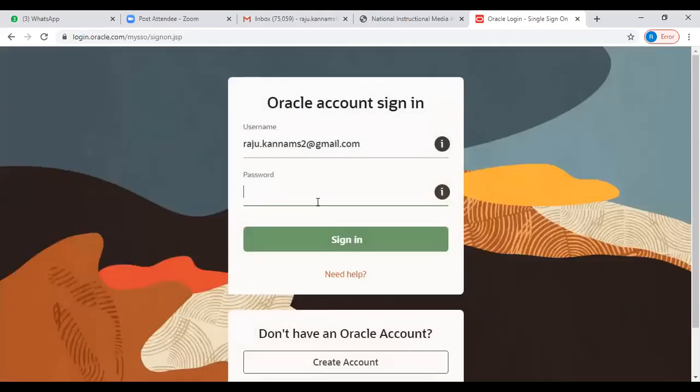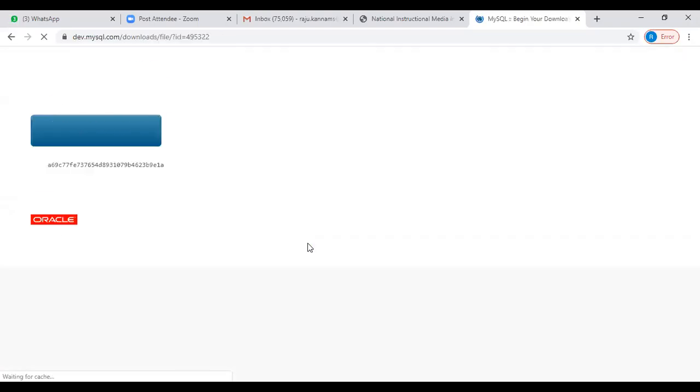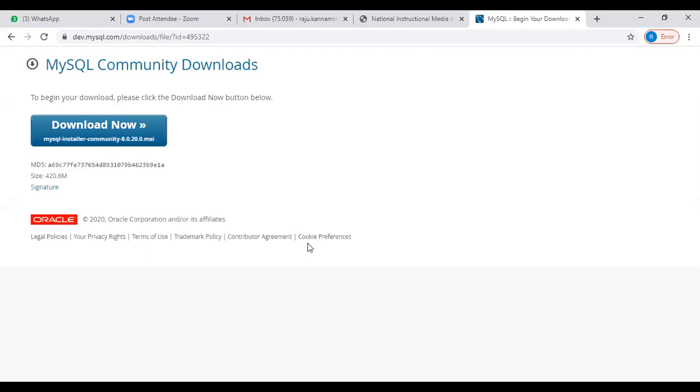Enter your username and password. Then it will be logged in, and you will get the download now option, right? If you click on this, your file will be downloaded. So it is downloading here.